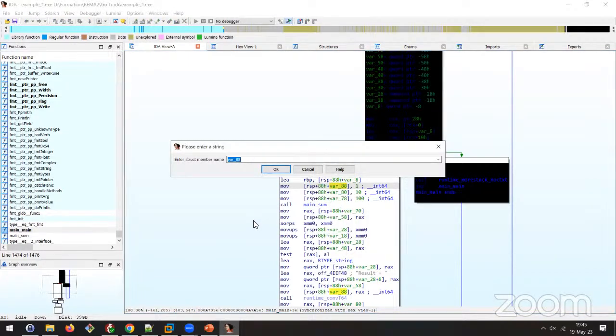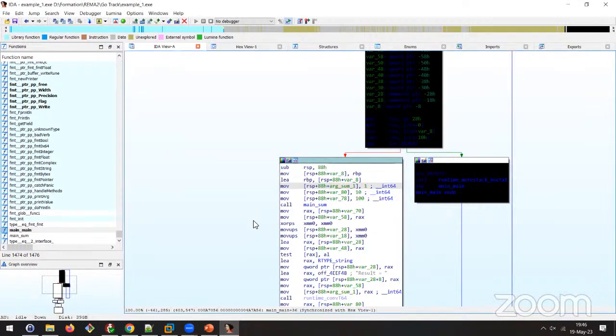something like arg1, something like this, right? Or arg_sum1. Because when you're reverse engineering a program, what you want to do is rename things, right? This is the way that's supposed to work. You recognize something, rename it, and then you move on. And then when you have renamed everything, then hopefully you understand what everything was and you understand what a program